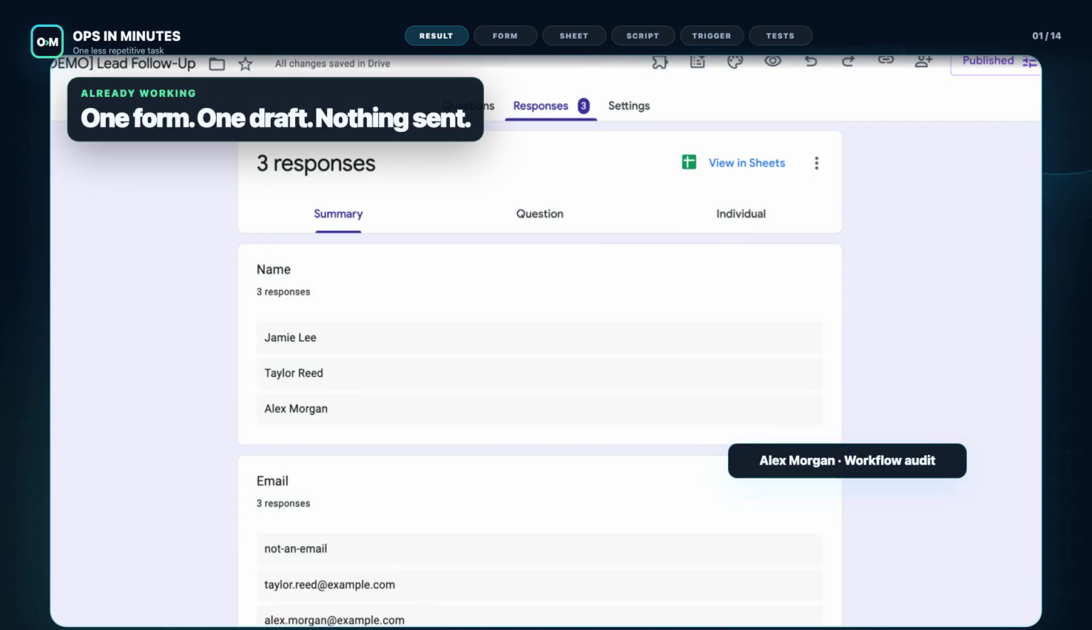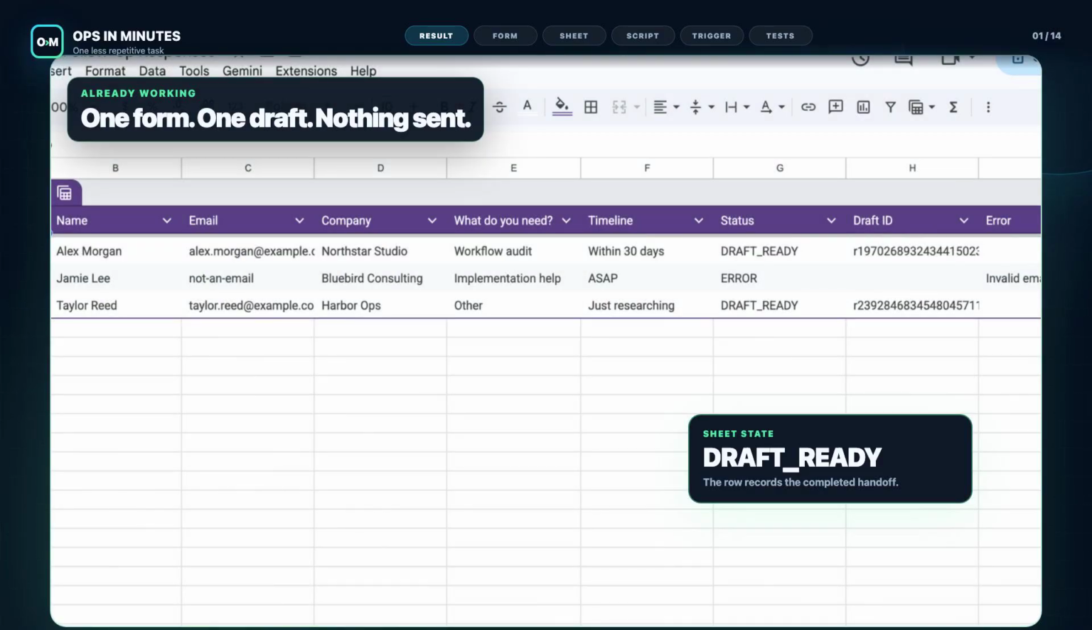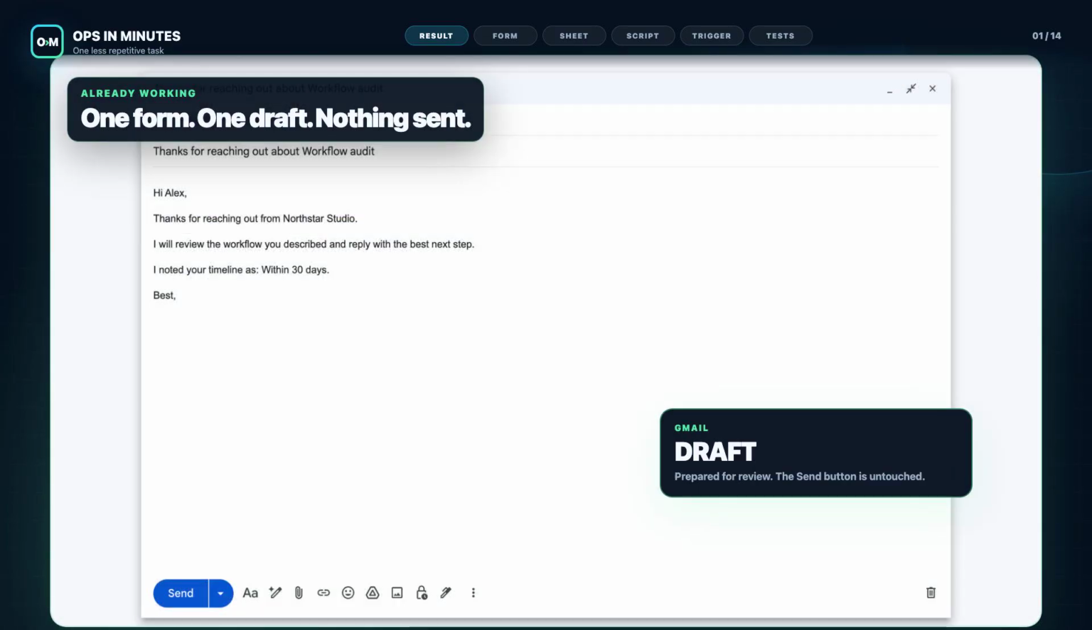Alex submitted this 5-field lead form. The response appeared in Sheets as draft ready, and a personalized reply was waiting in Gmail. The trigger prepared it but sent nothing. You will build this exact free workflow, copy the tested script, and verify a generic request, a bad email, and